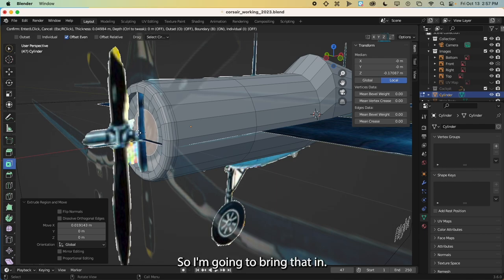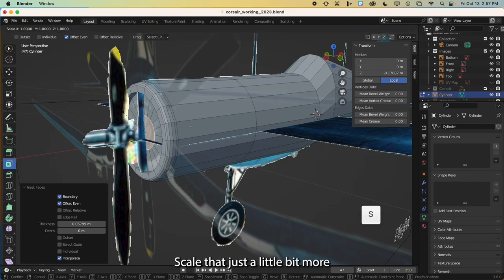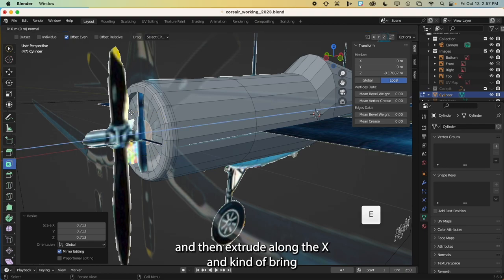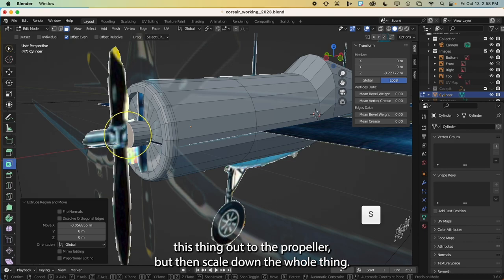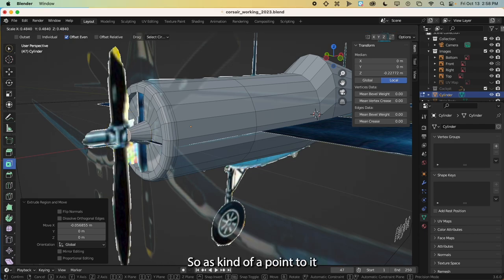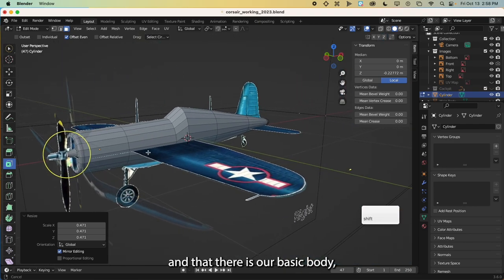So I'm going to bring that in. Go ahead and scale that just a little bit more. And then extrude along the X and kind of bring this thing out to the propeller, but then scale down the whole thing so it has kind of a point to it. And that there is our